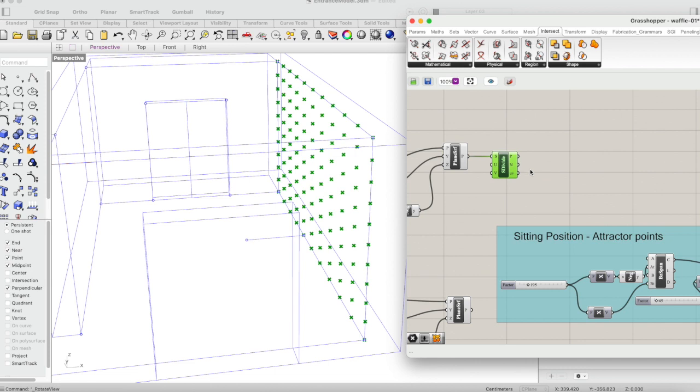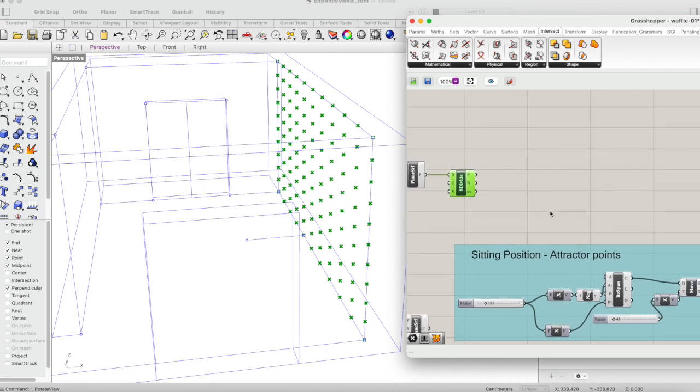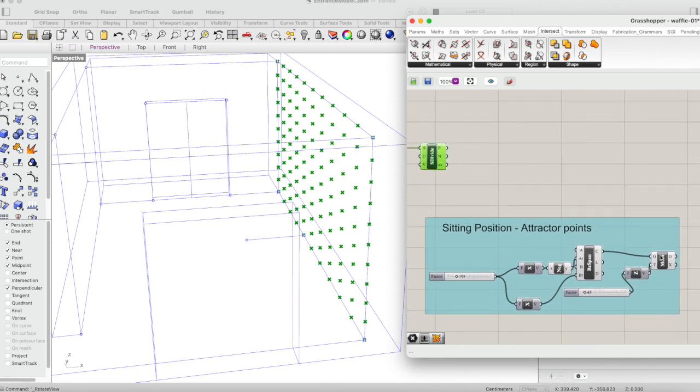And yes, so what we will do, we would like to pull these points towards, not all the points, so we would like to pull some of these points towards the curve that